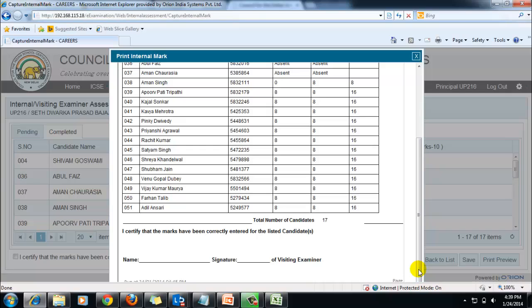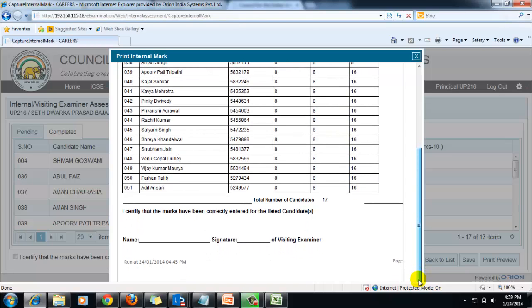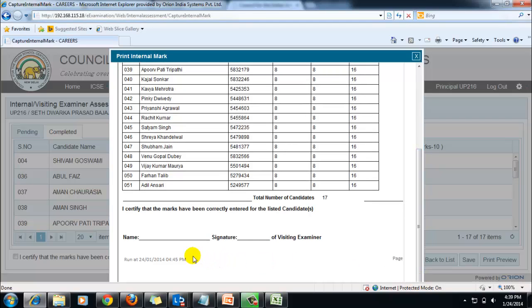However, when you click on the Print Preview button, after entering the internal assessment marks for all the students, the screen that opens will show the complete list of candidates with the internal assessment marks secured by each student in that subject. The visiting examiner should take a printout of this, enter his or her name and signature in the space provided and send it to the council.